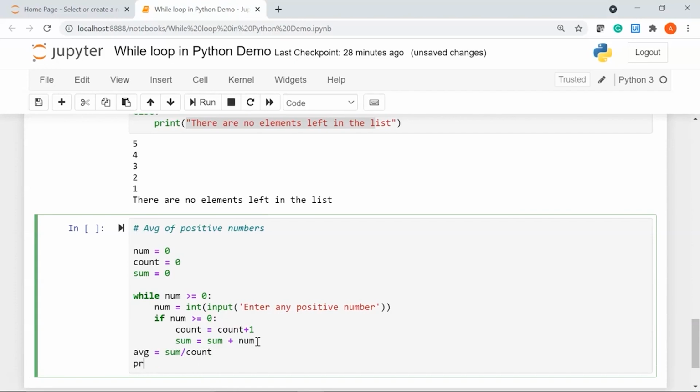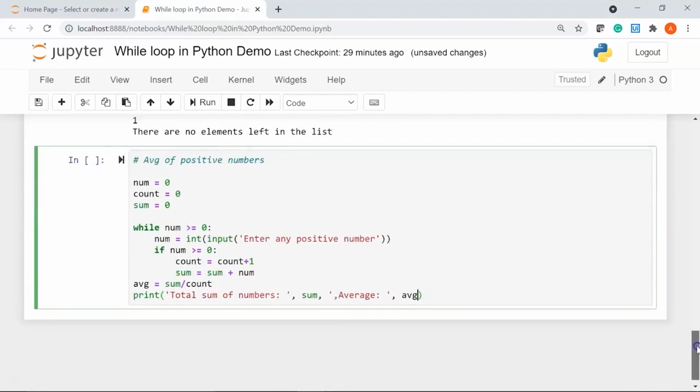Then I'm going to print "total sum of numbers: ", comma, sum, then "average: ", and I'll pass in the variable avg.